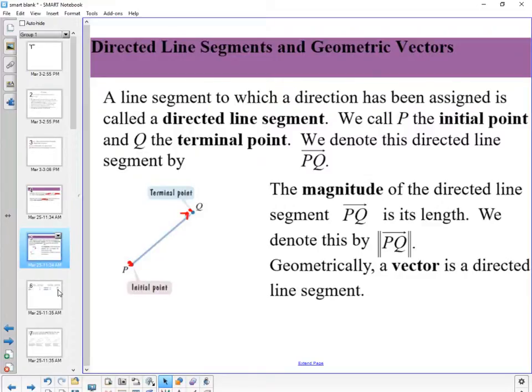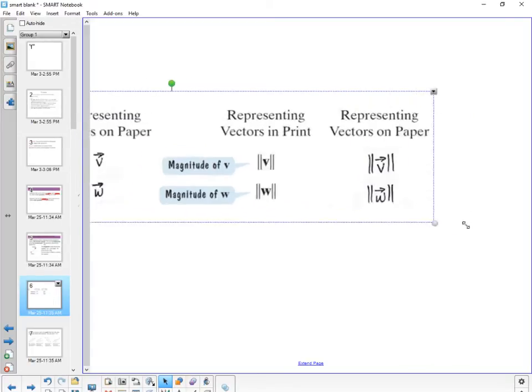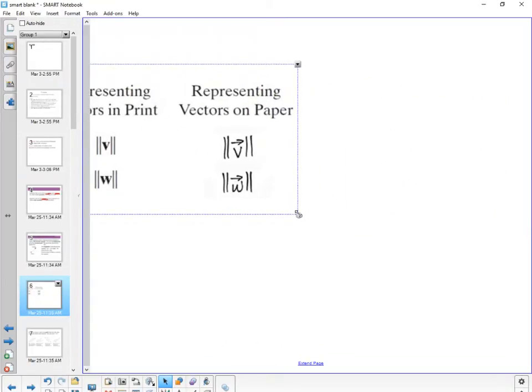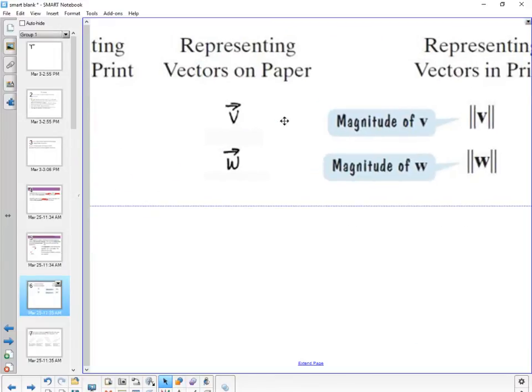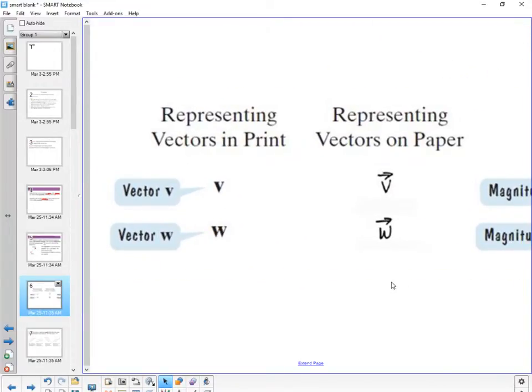Think about it. Okay. Oh, this is small. Let's do this a little bit bigger. Okay. A little bit better. If you're going to print it as a vector, it's a bold letter V, and sometimes W. You can use W, because we're going to be comparing two different ones, right? So we have a vector V and a vector W, or if you want to call it double V, or